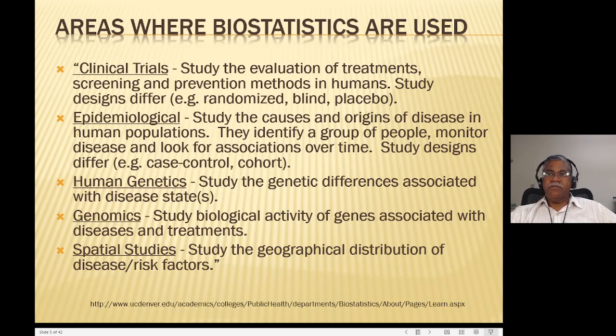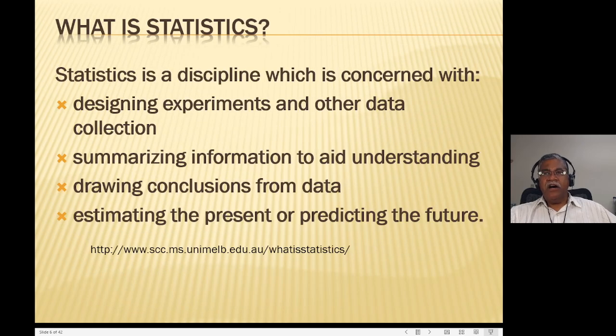Look at genomics, for example, the activity of genes associated with disease and treatments. And again, the moment you start going into large numbers, then it becomes an ensemble. Again, the spatial studies, geographical distribution of disease and risk factors. And last time I gave you a very quick rundown of clinical informatics, but I had a guest lecturer once who was actually studying COVID in terms of its distribution across the United States and kind of pockets where the disease was widespread and things like that. Okay, so statistics allows us to learn some of this.